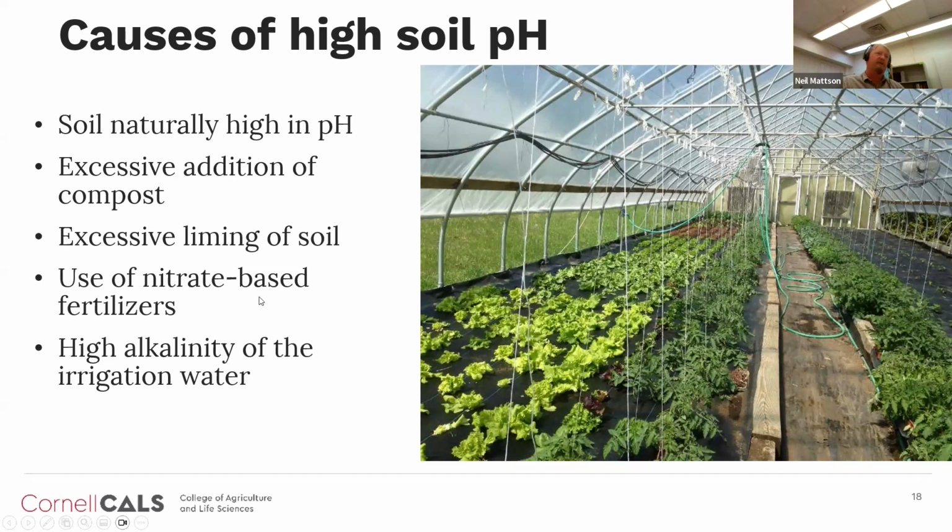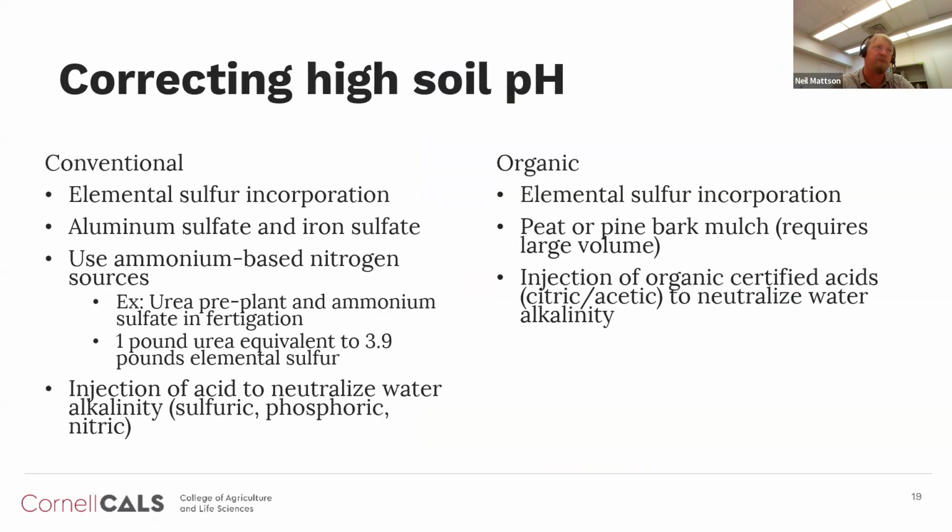It could also mean that the fertilizers we're using are nitrate based. So as roots take up nitrate, they tend to increase the pH of the root zone. Or, as we were talking about alkalinity, it could be due to high alkalinity of the irrigation water, so kind of the liquid limestone that we're adding. So correcting high pH, I'll talk first about soil systems, and then we'll talk a little bit more about soilless